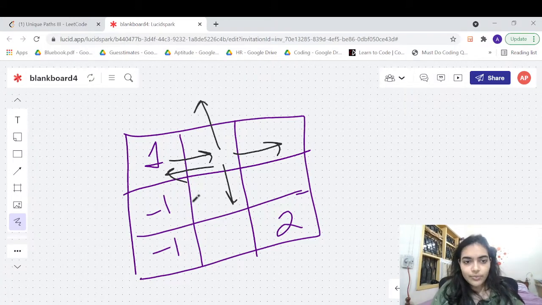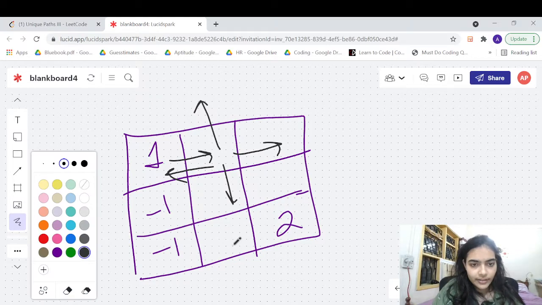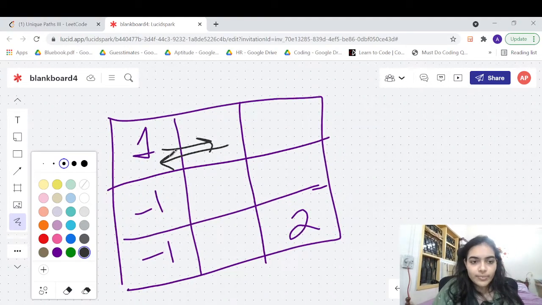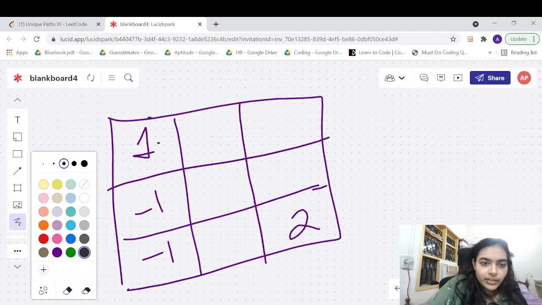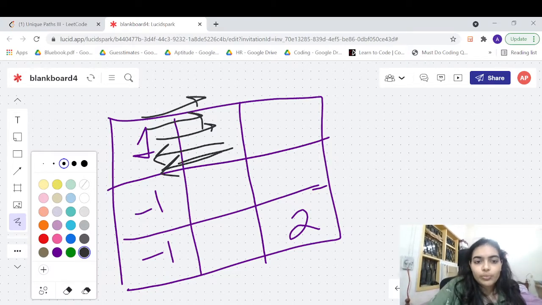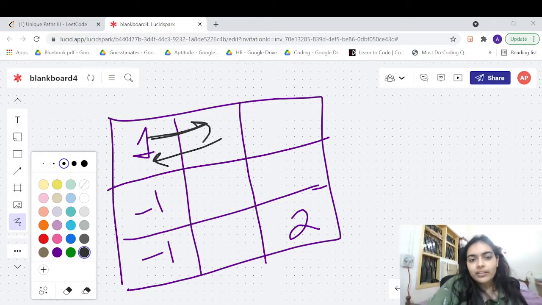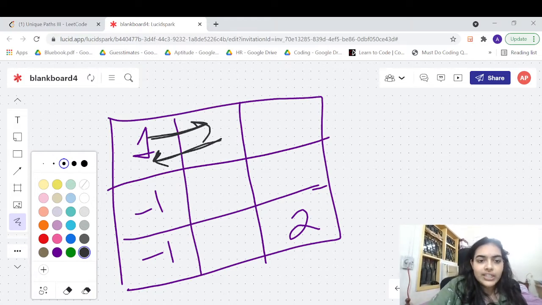We can visit all the 4 neighbors. Okay. So in this case, what will you do? Let's take the first case, right? We have 4 neighbors. Let's say we visit this neighbor back again. This is a problem for us because from the first cell you came to this cell, and from this cell, if you try going back to this cell, you will enter into an infinite recursive loop. You will keep calling this neighbor again and again. This neighbor will call the second neighbor, will call the first neighbor, and so on.